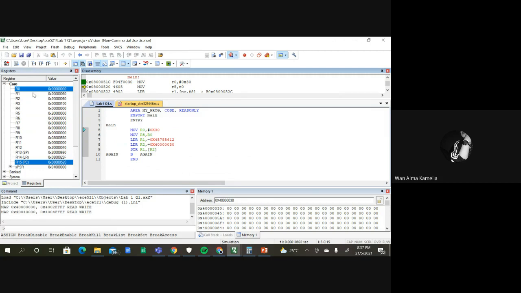So now we set up the R0 to 0x00000030. After that, click step again. R5 will be the same value as R0, which is 0x00000030. After that, R1 is 0x4578561